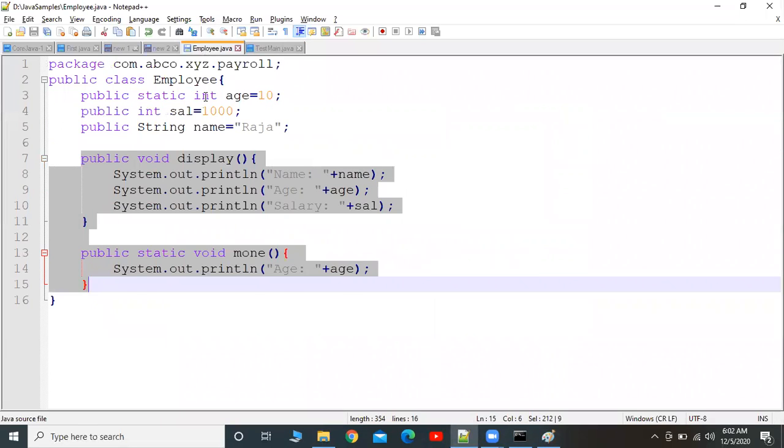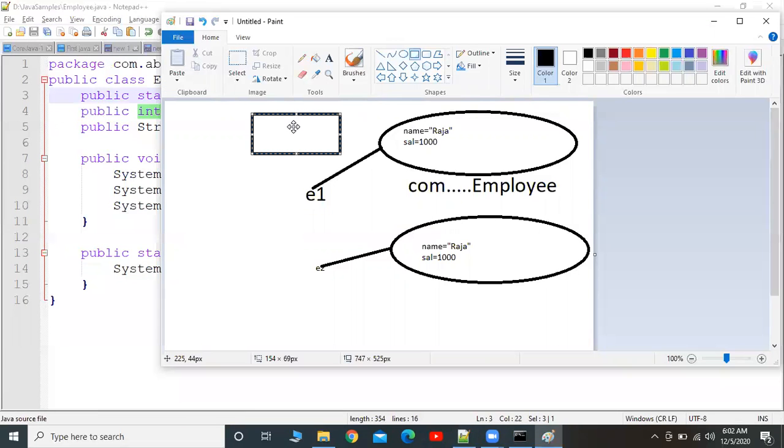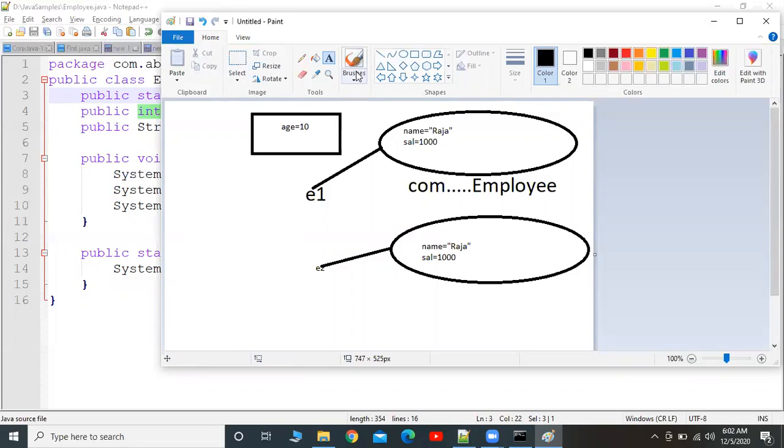Okay, so what is the variable? This is static age, right? So I'm going to put age is, let's say, age is 10, right? Age is 10. Okay, now age is a common copy for all the objects. Age is a common copy for all the objects. Otherwise, we can say it is the part of the